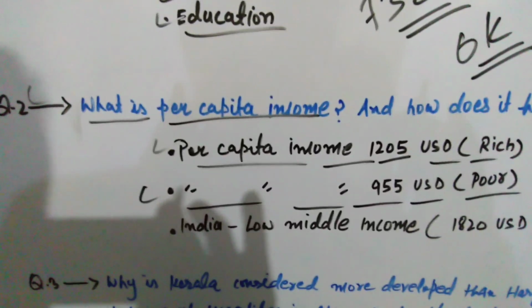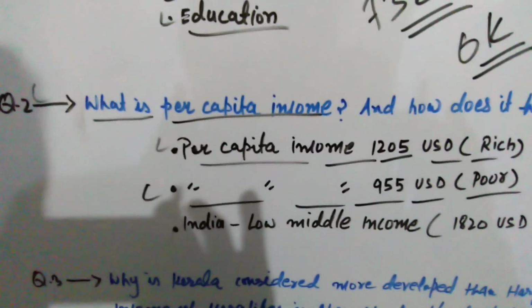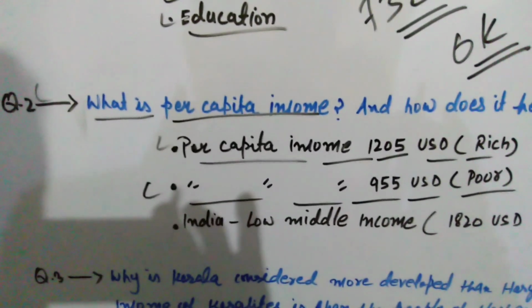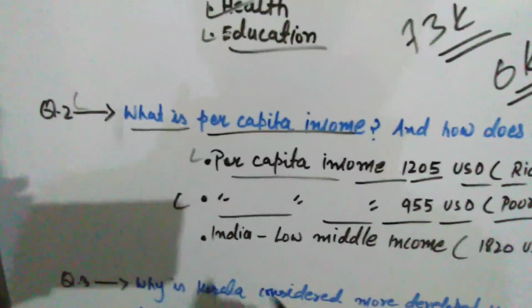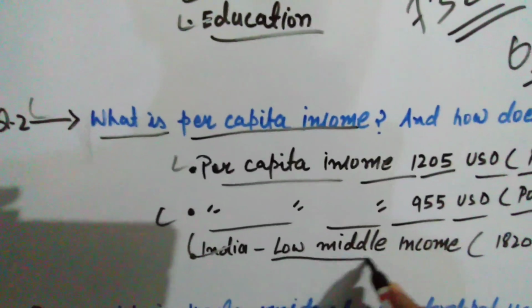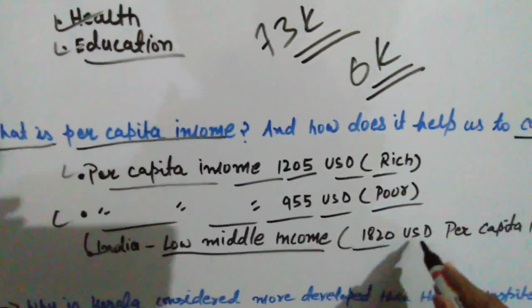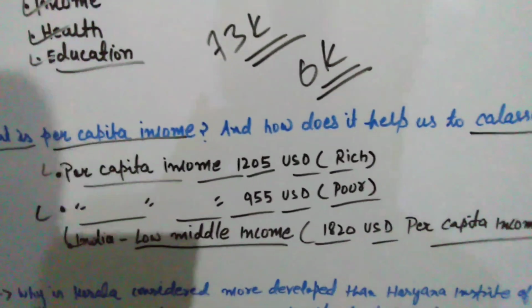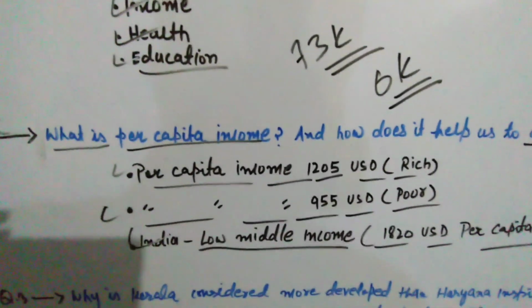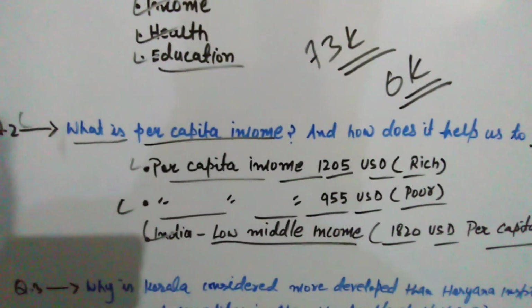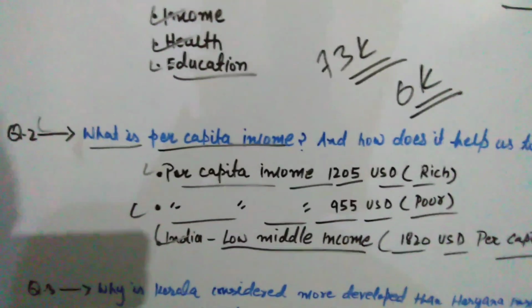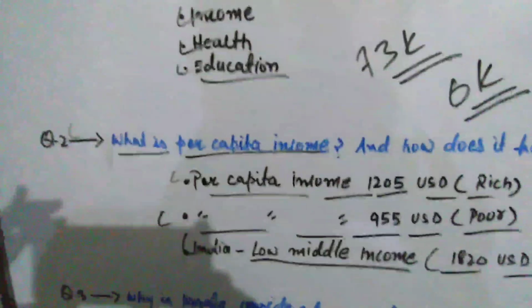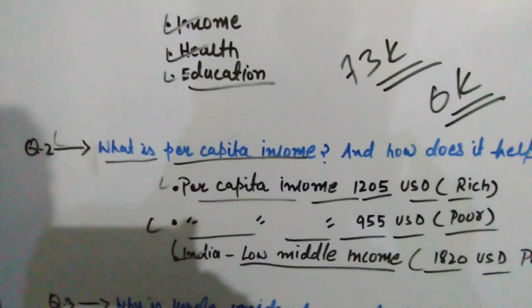Now question arises, India is either rich or poor country according to World Bank estimation. So India, low middle income, 1820 USD per capita income. So I am going to describe this line. So India is neither rich or poor country, rather it is low middle income country, because people living in India earn